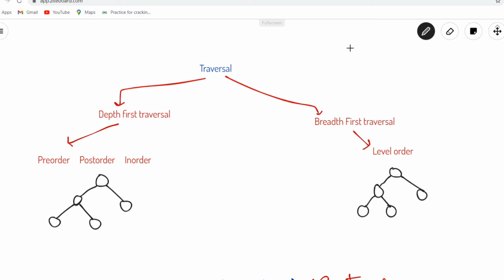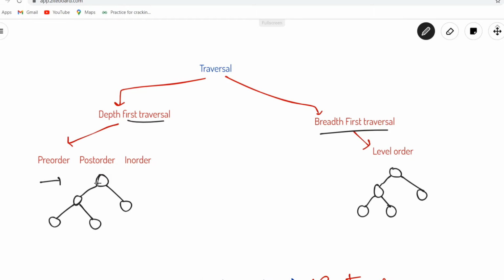It is divided into two parts. One is depth first traversal and the second one is breadth first traversal. Depth first traversal means the flow of traversing will be in depth-wise manner. Suppose this is a binary tree. So in DFS, the flow will be in depth-wise manner.